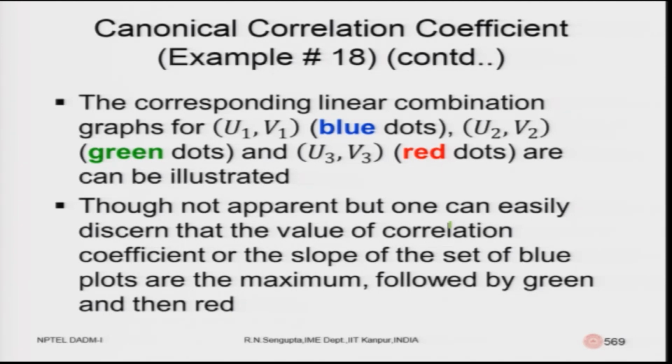The corresponding linear combinations which you have found, that means the set u1 v1, set u2 v2 and set u3 v3, because we are trying to find the orthogonality, and at the same time the maximum variability which is taken out at each stage. So, concentrate on what is written.